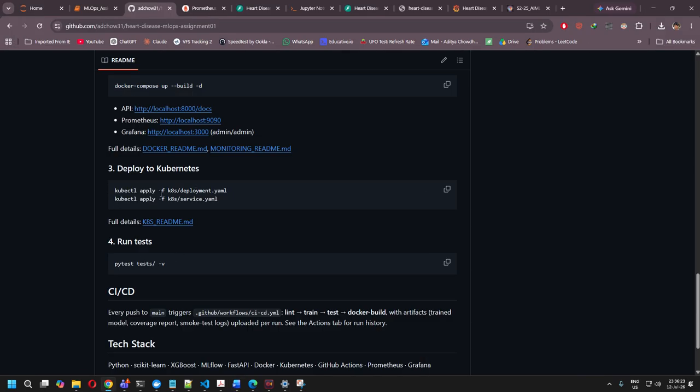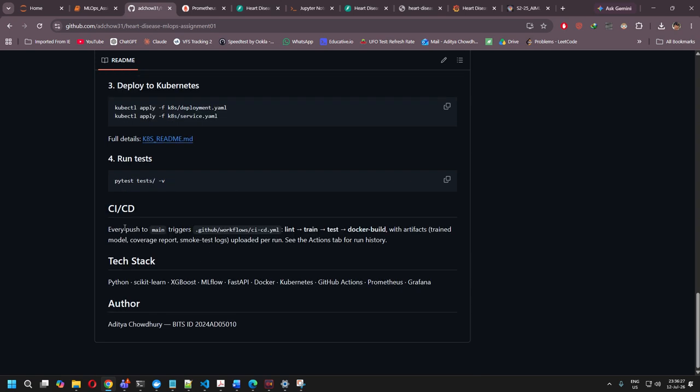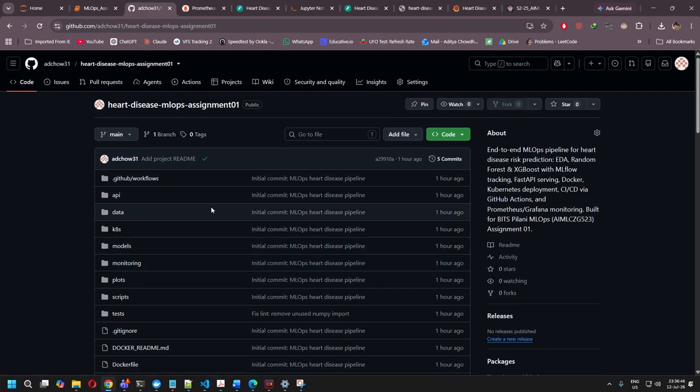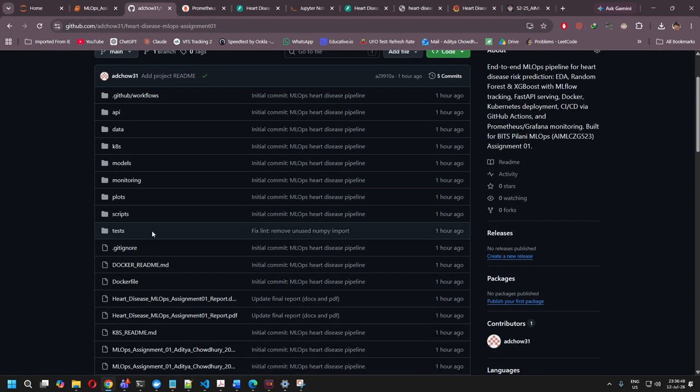And these are the Kubernetes cluster deployment and service YAMLs. So this is the main functionality. All of these are built on a CI/CD pipeline: lint, train, test, and Docker build. These are the 4 different attributes which work coherently, so that my project showcases all the important attributes. So overall, this is the project architecture in brief, and the relevant code is also present. Thank you very much.